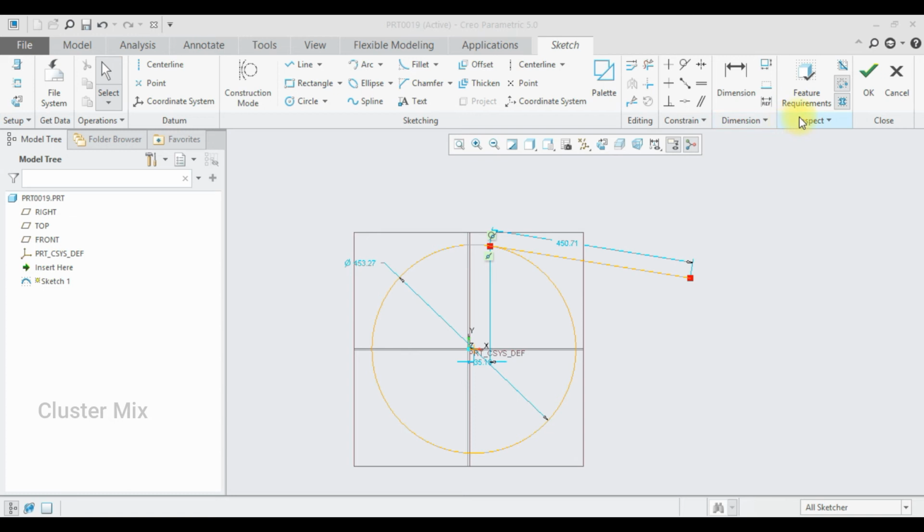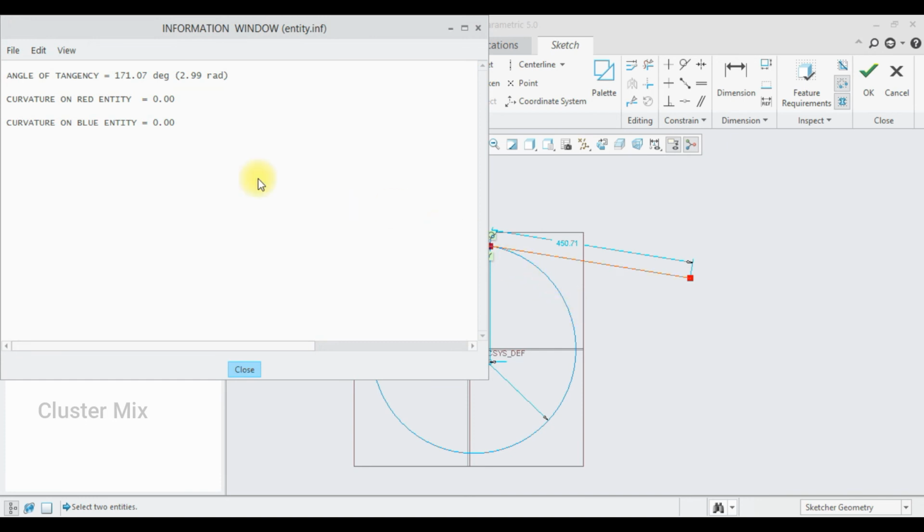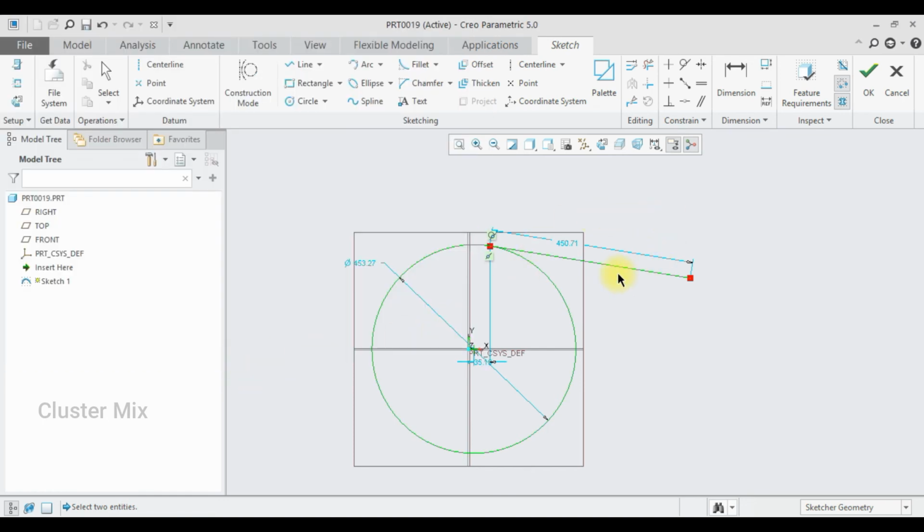And now click on the tangency point, and holding down the control key, select these two lines and my circle. And the information window displays your angle of tangency and your curvature of red entity which is your line, and curvature of blue entity which is your circle. And I'm going to delete this line,